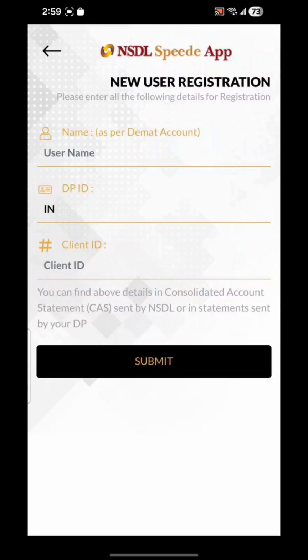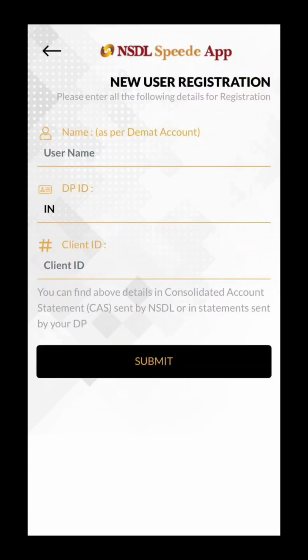Okay, so if you see the Demat ID, it will have two parts, like it will have IN, then 6 digits, then hyphen another 8 digits. So you see in DP ID here, as you see IN is already there, so 6 digits, and anything after hyphen, last 8, will go for client ID. You're gonna submit, and if it matches, they will ask you to verify the OTP. So you have to use the email ID that is registered with your account, and they will send an OTP to you. That OTP you have to put back in, and then they will ask you to create your user